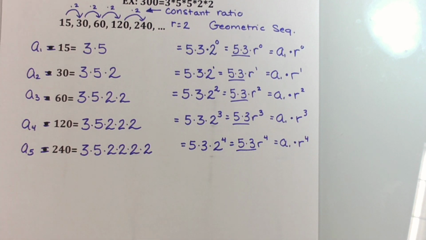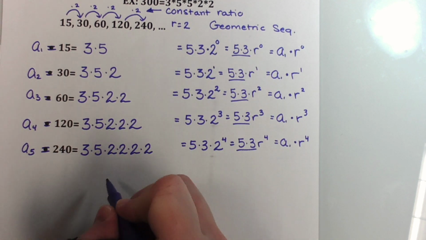So, a sub 1 is equal to a sub 1 times r to the 0th power. And that shouldn't be overly shocking. Anything to the 0th power is 1. I can take any number and multiply it by something to the power of 0, and it doesn't do anything. A sub 2 is a sub 1 times r to the 1st. A sub 3 is a sub 1 times r to the 2nd. Following this pattern,